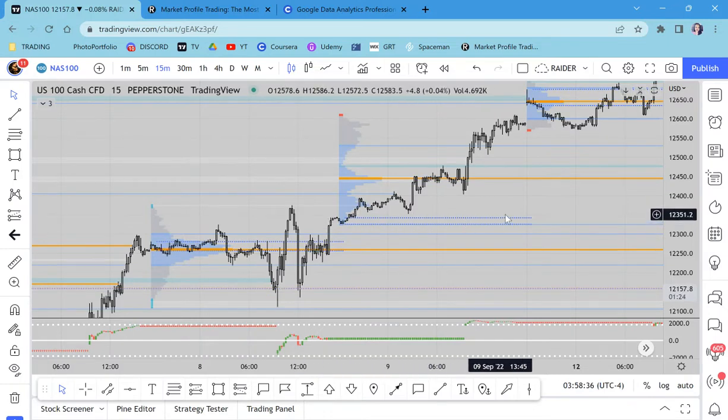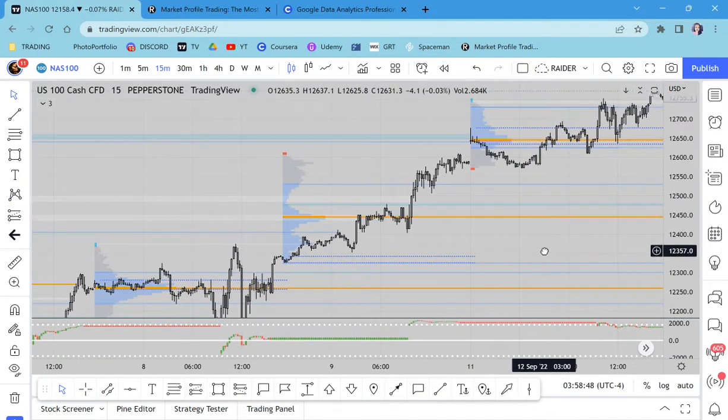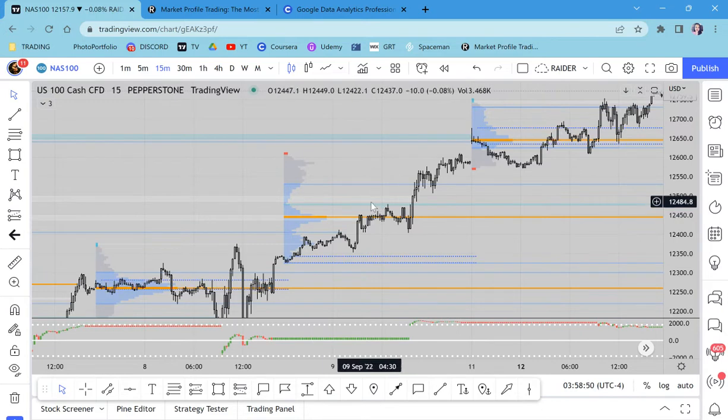We did notice that there is the initial balance right here. You could have entered right here. That would have been great too. And then aim for the excess levels that are right here, if you wanted to as well, and it also depends basically on the times that you want to trade. So let's say